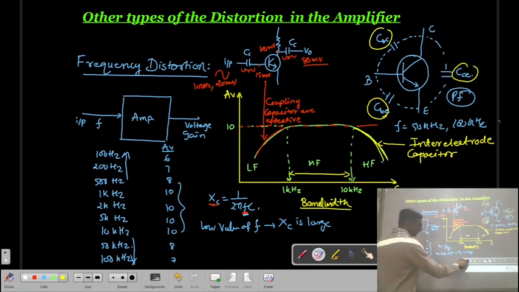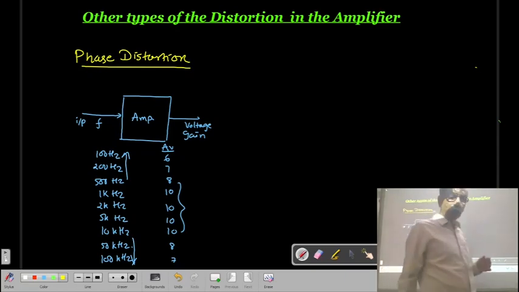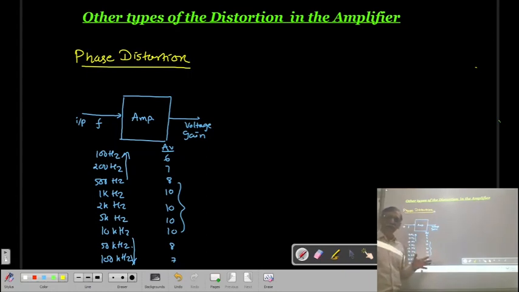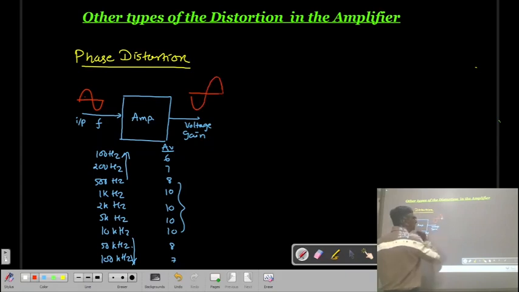Let us see. Now in the amplifier, we already know that there is a phase difference between the input signal and the output signal. Here at the input, if I apply a signal like this, first we have a positive cycle and then a negative cycle. If you see the signal in the output, it is going to be inverted. So here the amplifier introduces a phase difference of 180 degree.